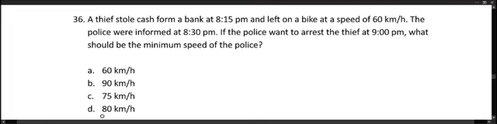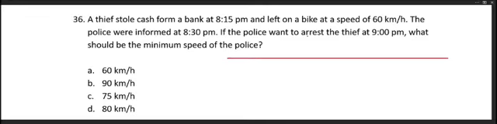Next question. A thief stole cash from a bank at 8:15 p.m. and left on a bike at a speed of 60 km per hour. The police were informed at 8:30. So after 15 minutes of time period, that is from 8:15 to 8:30,